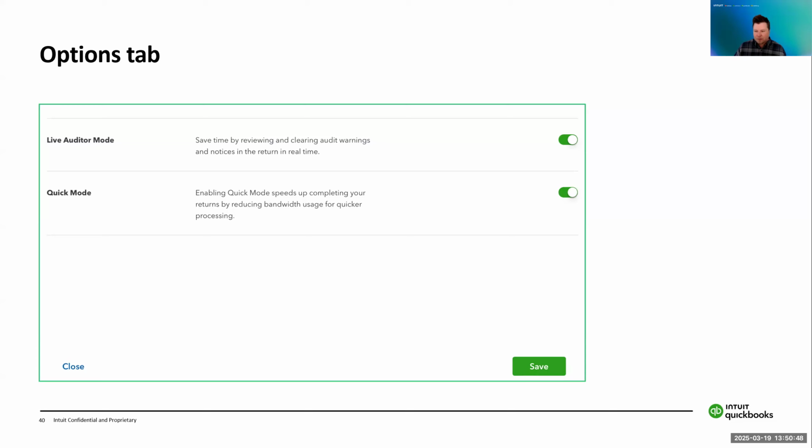The live auditor is an extension to ProTax's auditor. The auditor is basically a self-check system that can spot any errors or omissions or problems with tax returns. Super, super powerful feature of ProTax. If you have the live auditor enabled, it highlights each cell with an orange border around it and instantly lets you know that there might be something wrong with that field or that cell, such as social insurance numbers that are incorrect, things like that.